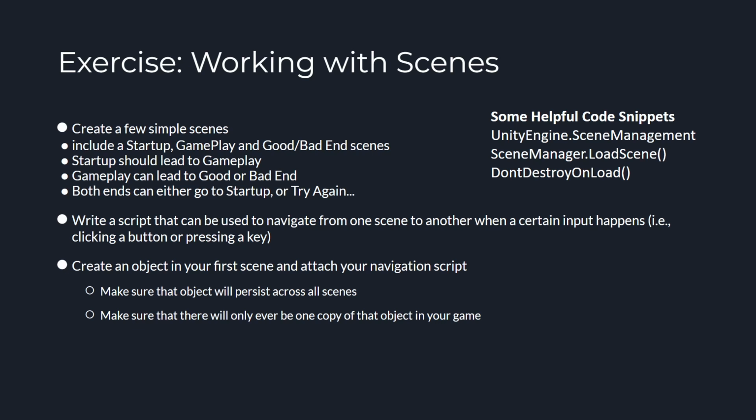Say, okay, it's time. I have my adventure game. Let me put a lobby scene. Let me put a shoot 'em up scene. Let me put a platformer scene. Let me put a kaboom scene or apple picker scene. Go ahead, create those. Just empty scenes, whatever, and just put them there in your asset folder. Maybe startup, maybe gameplay, maybe good, bad, end scenes. Doesn't hurt to have multiple scenes in there. Try to keep them reasonably organized,